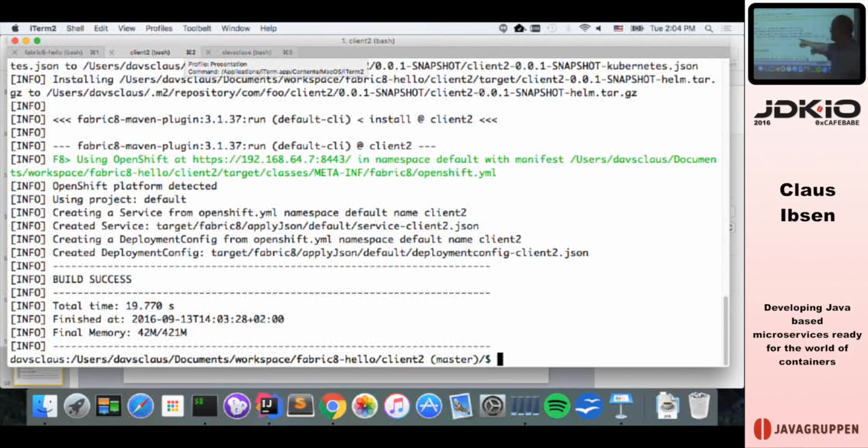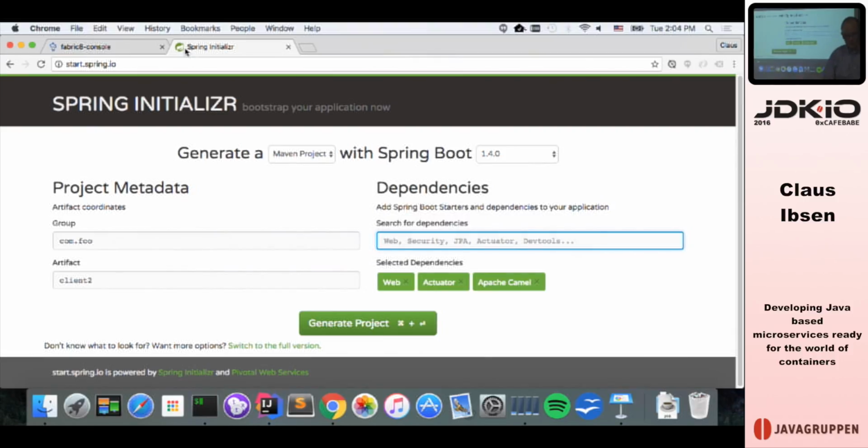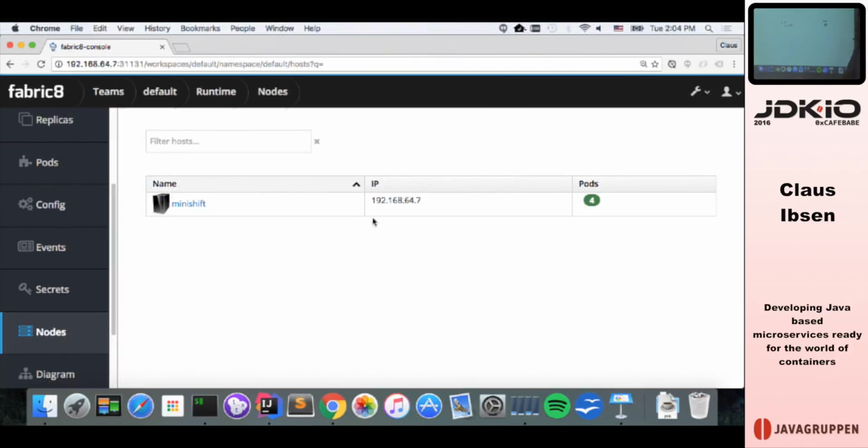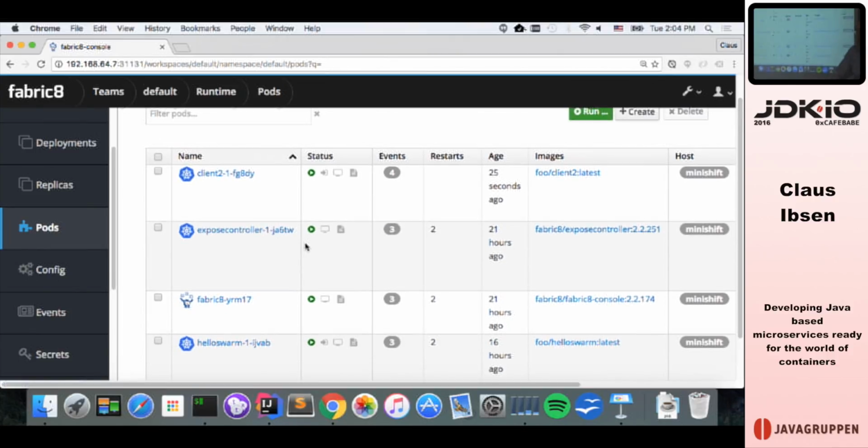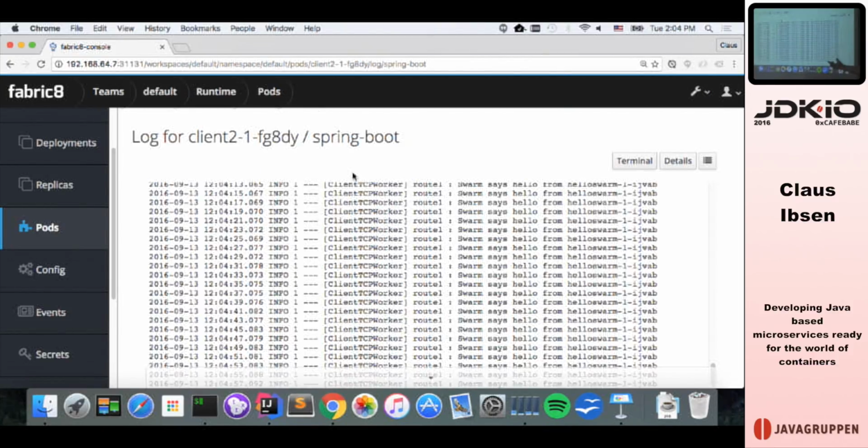So let's go back to see we build and deploy the client application. It says build success, so it should be running in the cluster. And we can use a web console to look at that, which is maybe a bit better. So there's a Fabric8 web console that can look at the Kubernetes cluster. And we can look here, for example, at the pods. So here, this is what we just deployed. That is the client. And it's green. And you can look here, that is a button where you can look at the logs. So we look inside, you can see here the client calls, and this is the response from the server. Swarm says hello from, and then the name of the pod of the server.